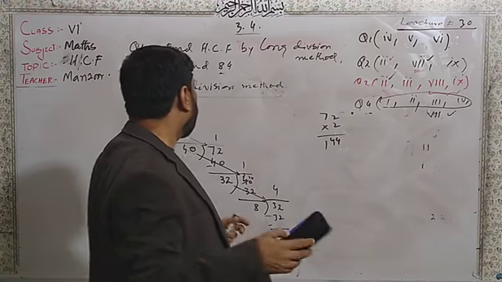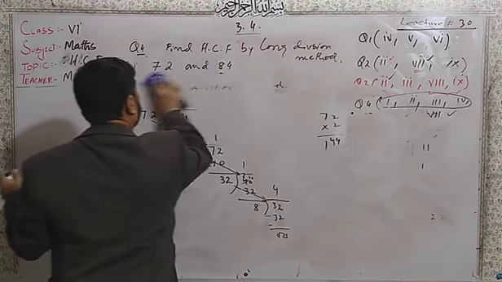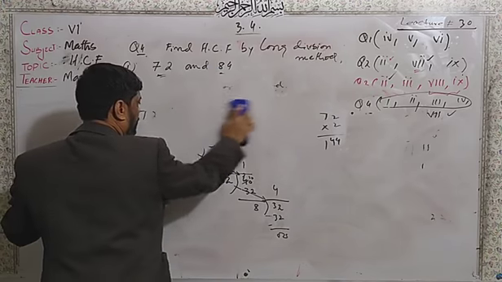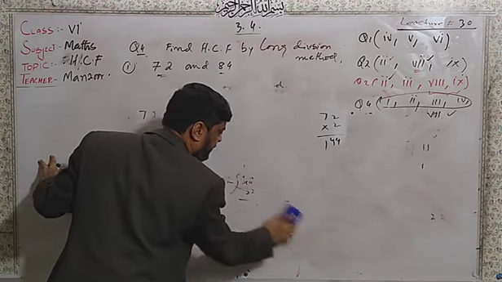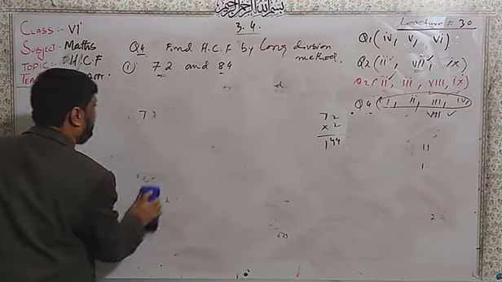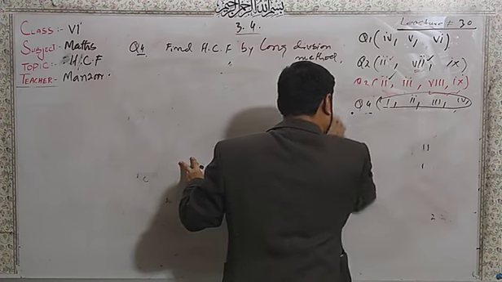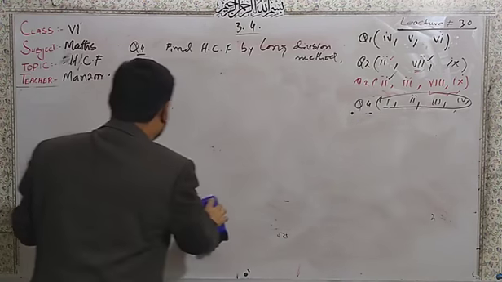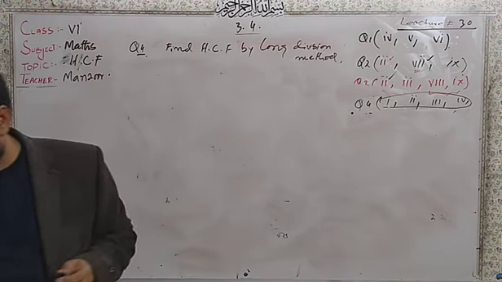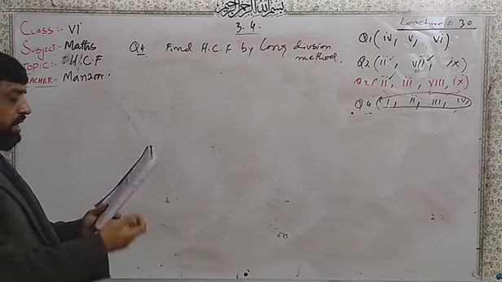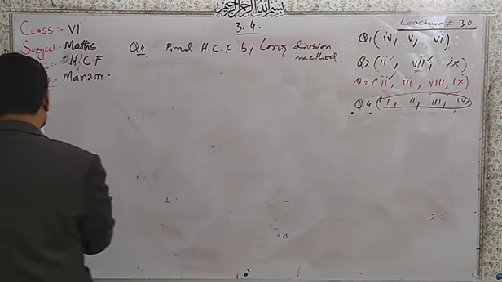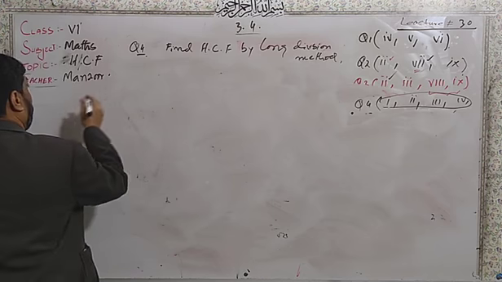Dear students, now this is about 2 values. If we are given 3 values, what about that? We will select the first 2 values, find their HCF, and then the last value will be done exactly the same way, and there will be the HCF. Now dear students, here I have question number 7.